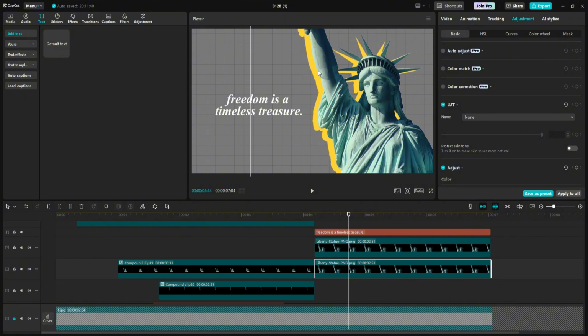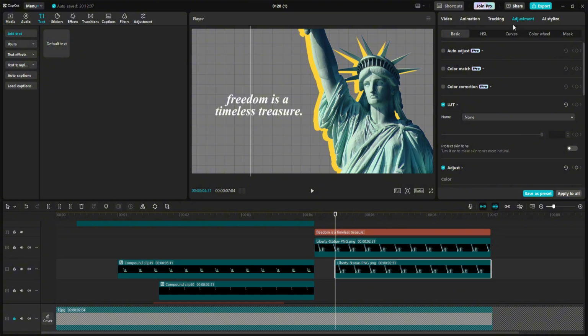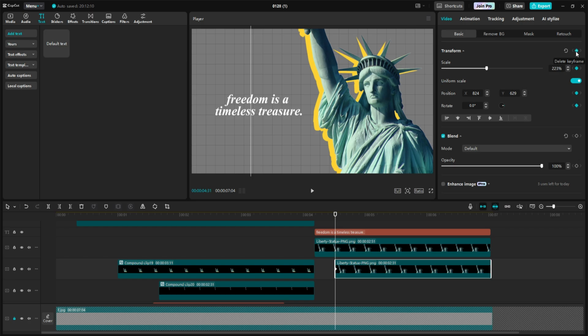Now I'm gonna create a new animation for the shadow's appearance using keyframes. But first I'm gonna cut the duration to align with the last keyframe on the statue layer. Now I'm gonna add keyframe on the transform, then move forward 20 frames and add another one. After that, I'll go back to the first keyframe and position it to the right until it disappears from the frames. So it's gonna look like this.